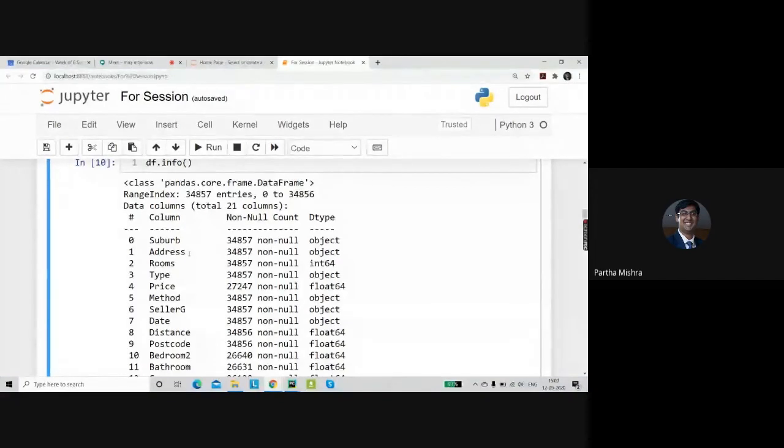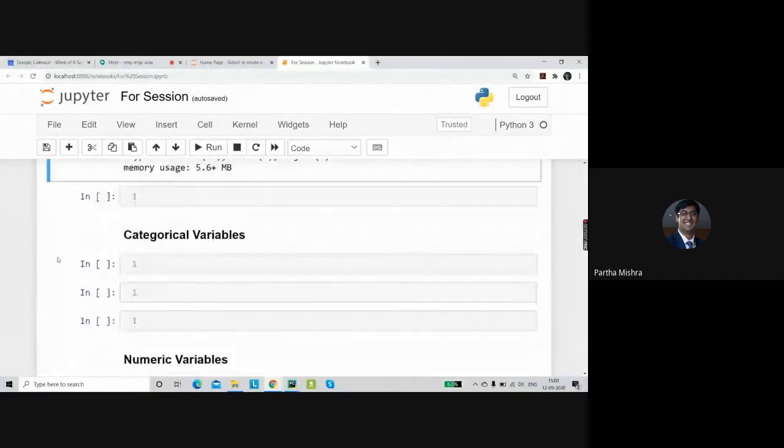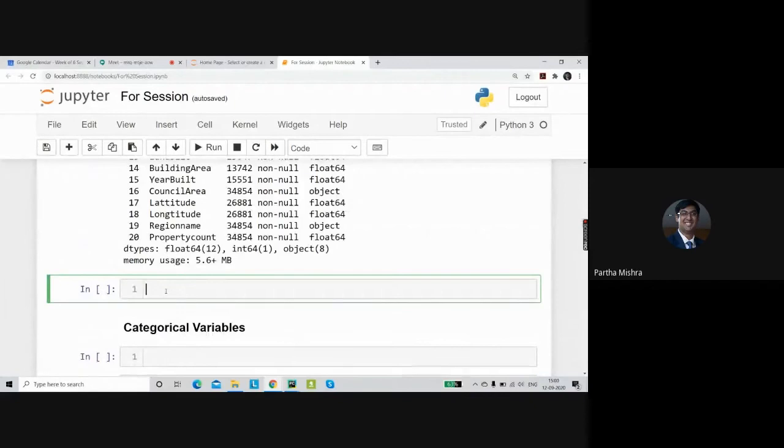So what we will do now is we can first print out, let's say, only the names of those columns where the data is of this particular object format. For that, I'll take the help of select_dtypes. In this method, you pass in what kind of data type you're searching for.